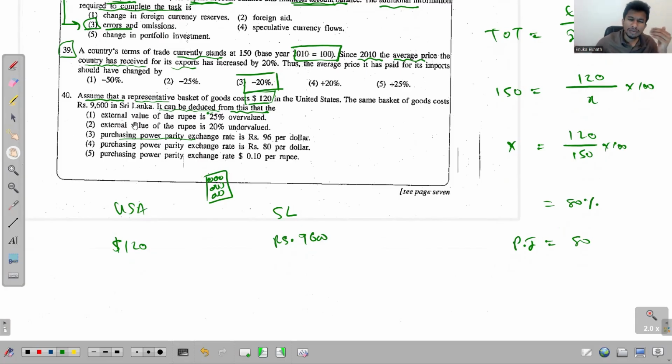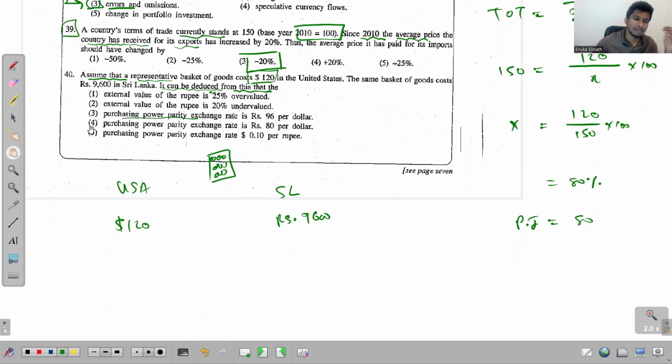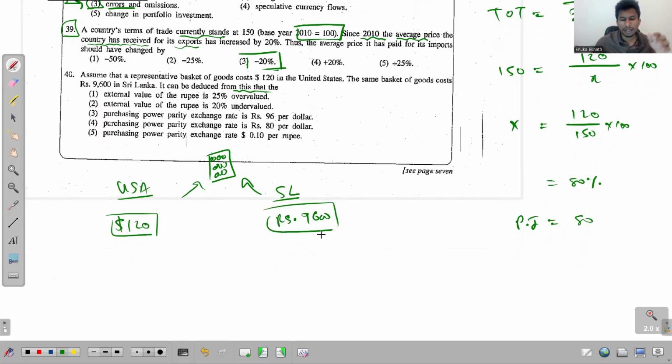paper 2012, we did this calculation. That is the value of listening to this all the way through. If you listened to that calculation, you can understand how to find this purchasing power parity exchange rate. So if you know that, you can find the answer easily. So if it's the same basket of goods, in USA we pay $120, but in Sri Lanka we paid 9,600